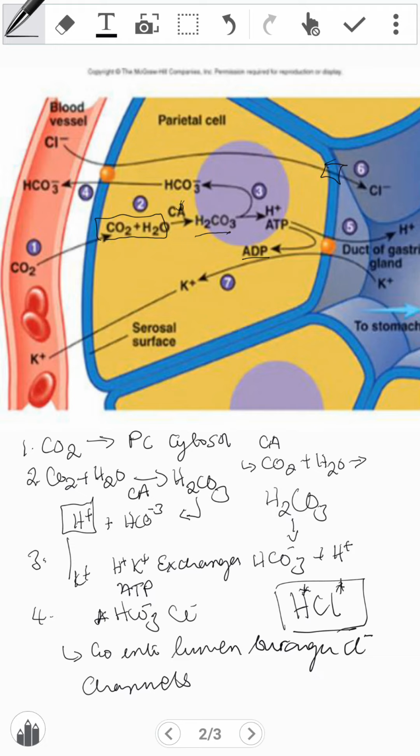All right, now having that in mind, how is this regulated? What increases the secretion of hydrochloric acid? What reduces the secretion? And so let's just remind